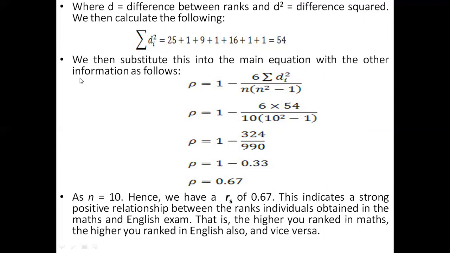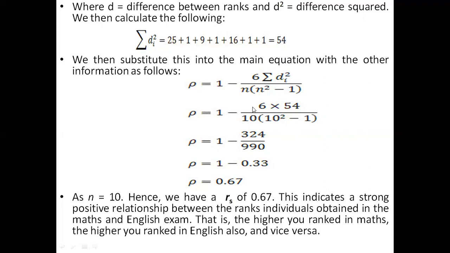Now the formula. When we have different numbers from each other in each subject, in that case we apply this particular formula: rank correlation equals 1 minus 6 sigma D square upon n, in bracket n square minus 1. As I said, n is the number of items, the number of marks given in the question. So the number of marks were 10, number of items were 10. So your n will be 10. Sigma D square, which we have already calculated in the last column of the table, equals 54.